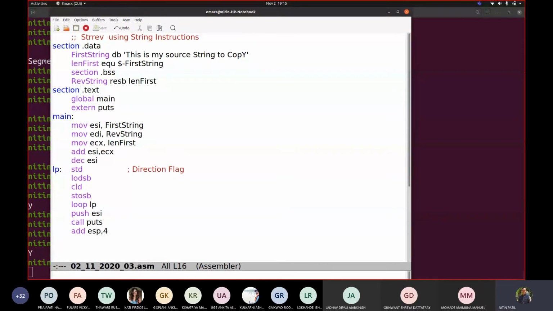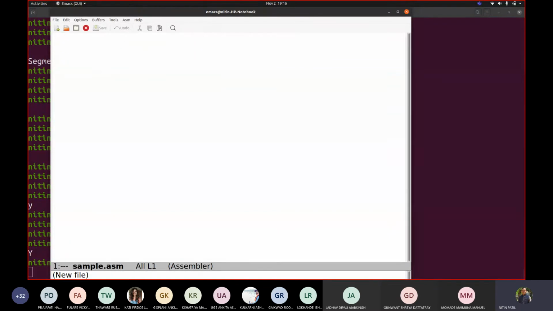We'll take a sample code, sample.asm. I will write simply this. To introduce you to this part, what is the direction flag? See, pay attention here.